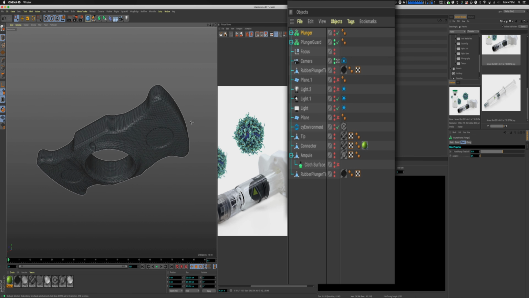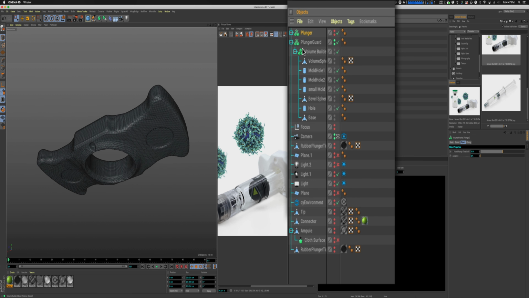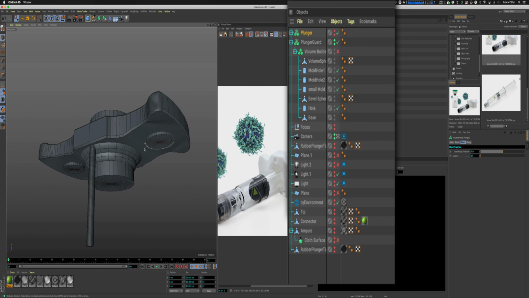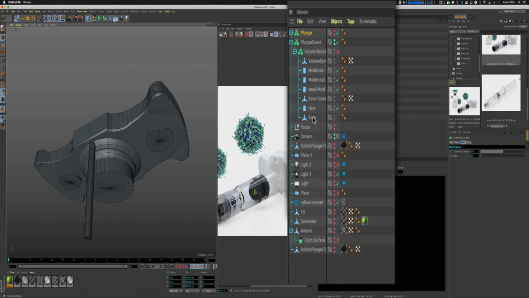So this object, if I open up this plunger guard here, here's the volume builder. This thing called plunger guard here is actually a mesher. But here are all the things that I used to make up the geometry itself. So I'm going to turn off the builder, and here you can see all of the pieces of geometry I use. So this first one, this base,